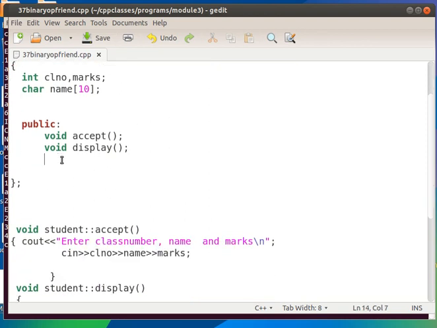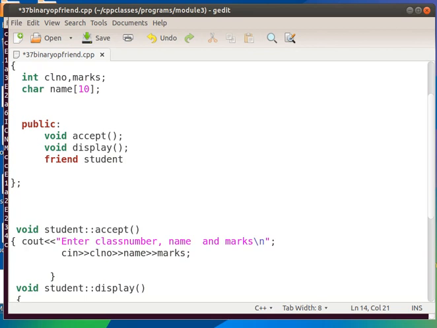Okay, so my function will be a friend function. So I am giving friend, and if I give void, then the function will return nothing. So I am trying to return an object of the class student.